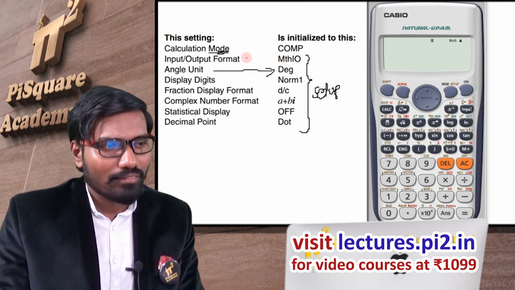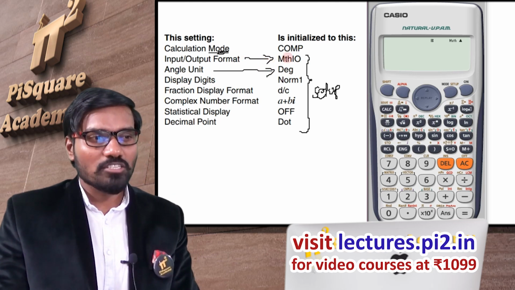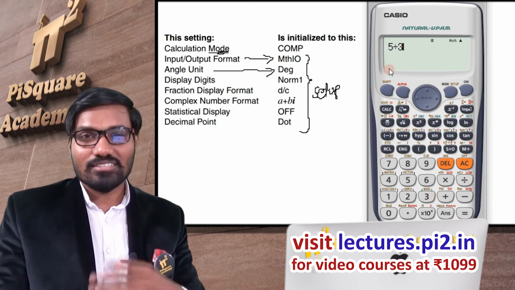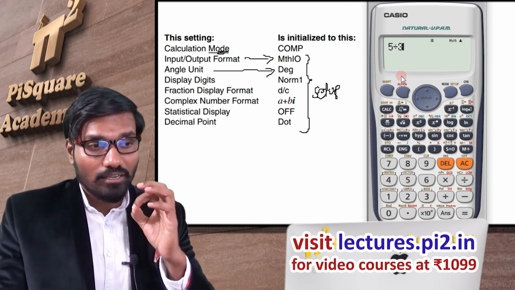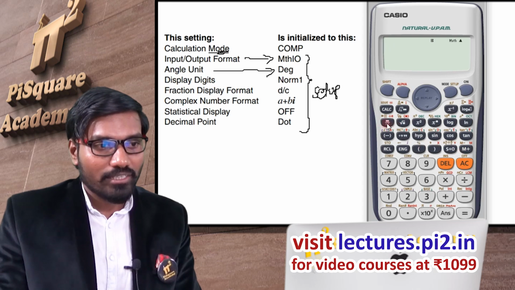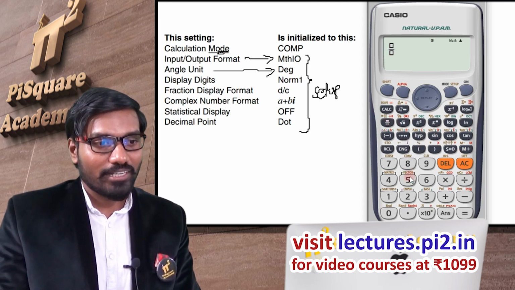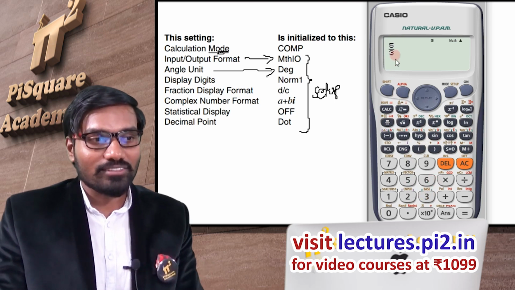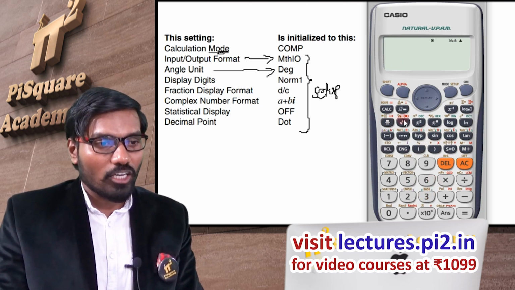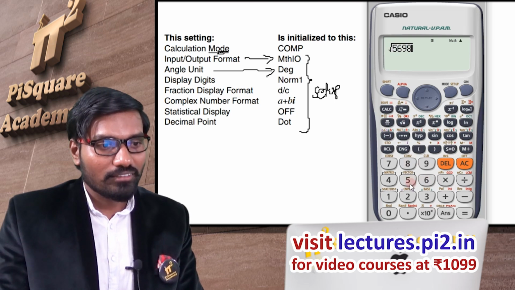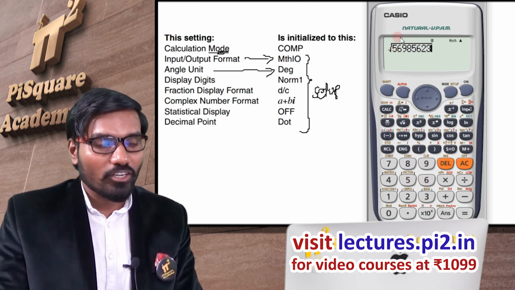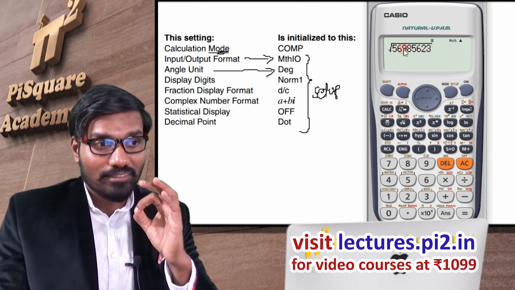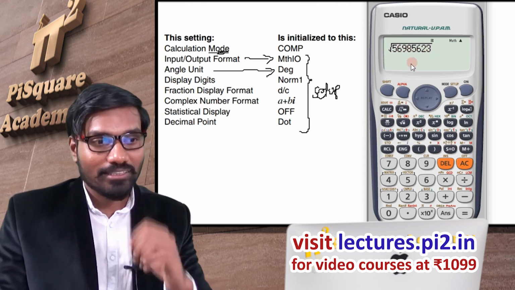Now what is this math IO? What is math IO? See here, 5 by 3. This is a regular expression of how we write, but properly in mathematics if you want to write this way, 5 by 3 or 5 by 8, any number you will write like this. Or a root, this is the exact thing. Under root we have all these numbers. This is what math input.